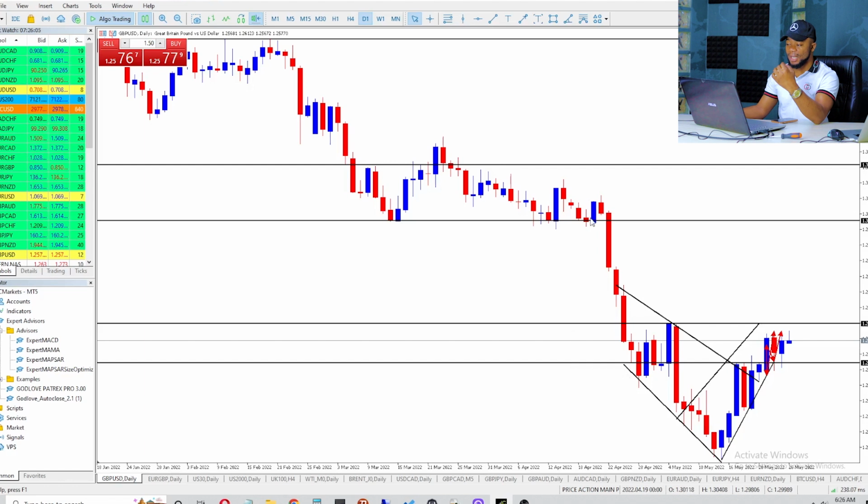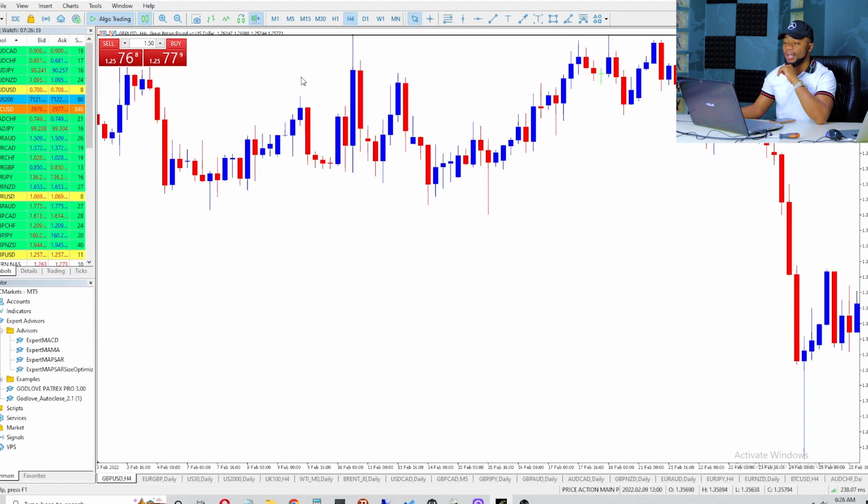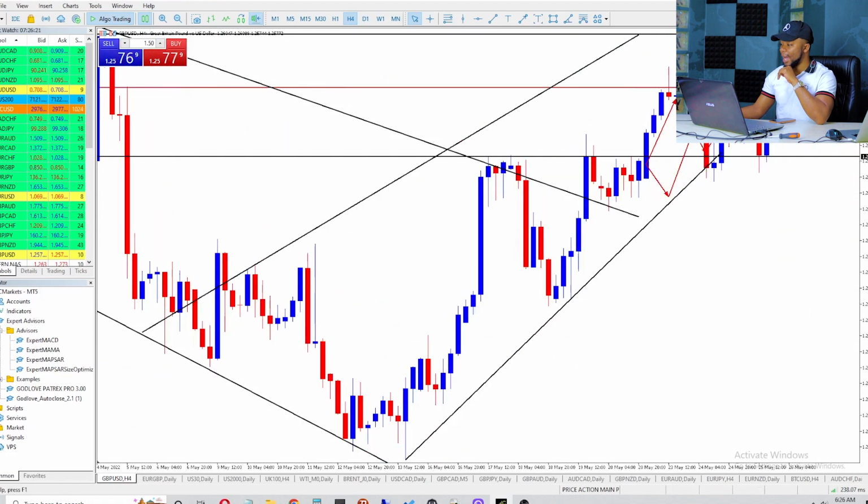I take my levels, which I already explained all of this in the video, which if you haven't watched, then go and watch that video. So I come on a daily time frame, I look for my key levels, which I know the market is going to be respecting. Then on the 4-hour time frame, that is where I'm going to be taking all my trades.